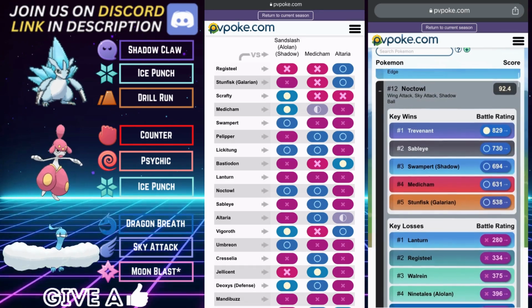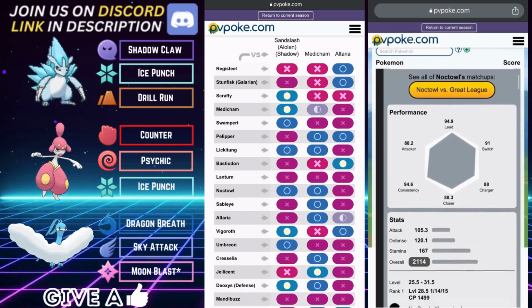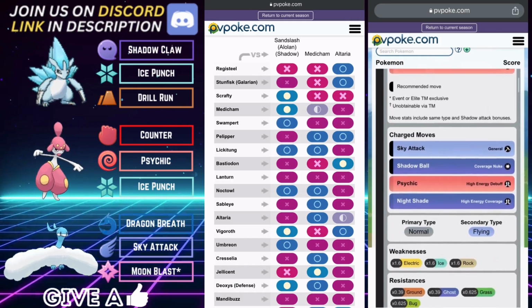I really just wanted to... What did I want to really hammer home? Deoxys. That's one that I want. That's the number 1. A little bit of a core breaker, considering Deoxys can beat both Medicham and Alolan Sandslash